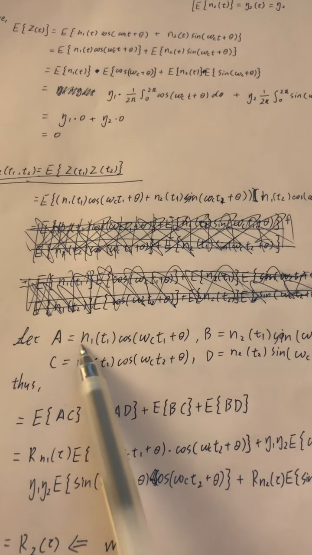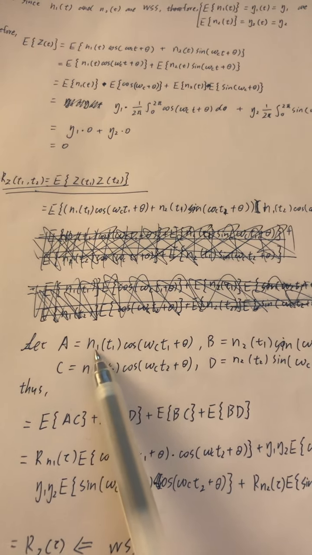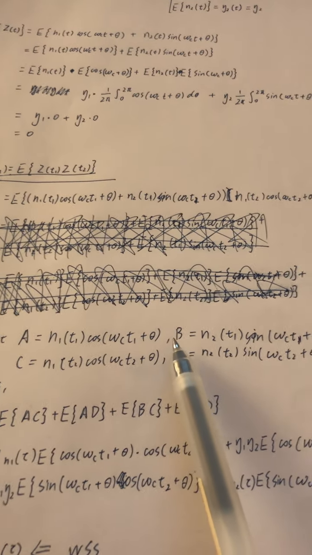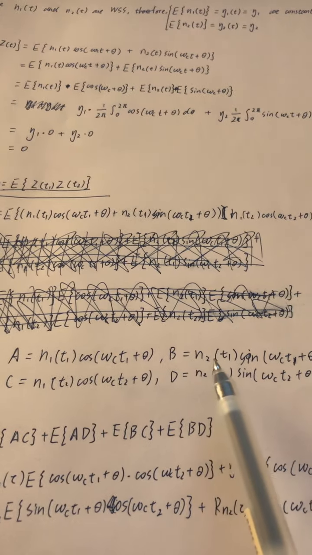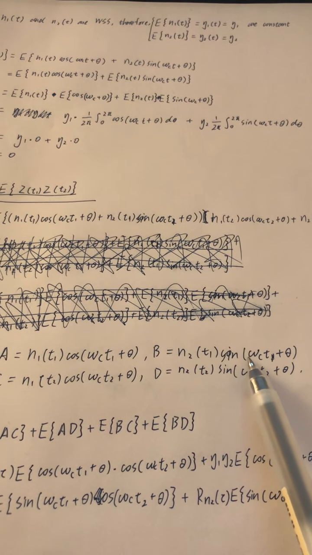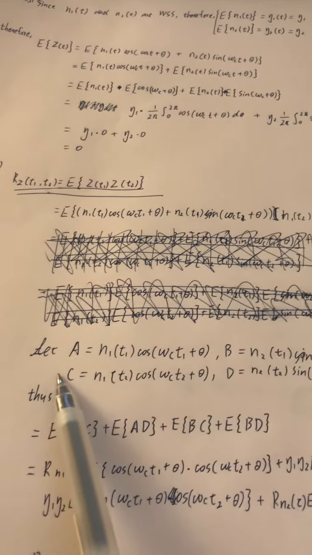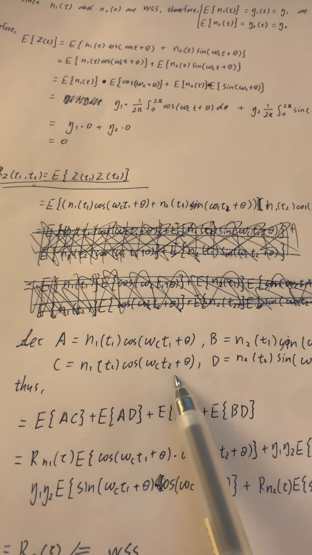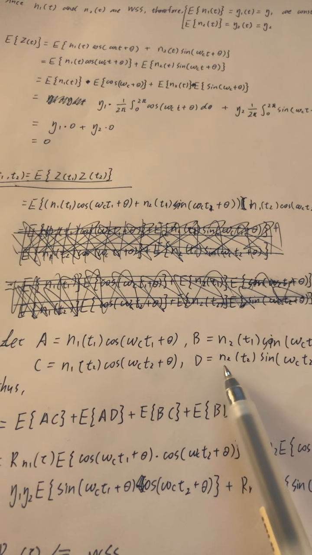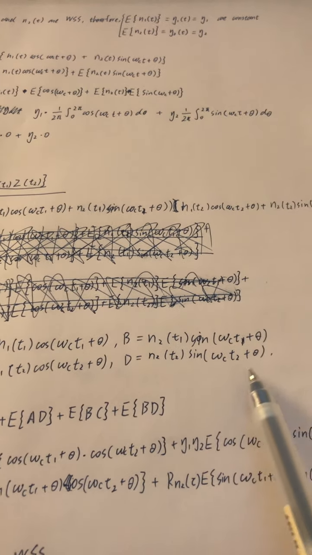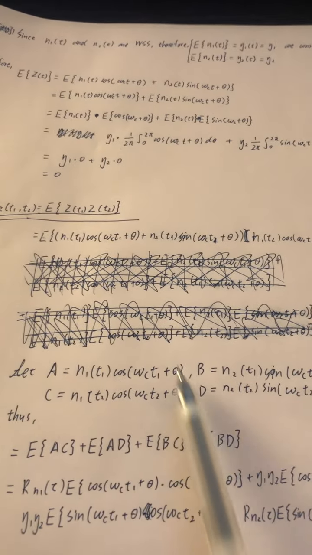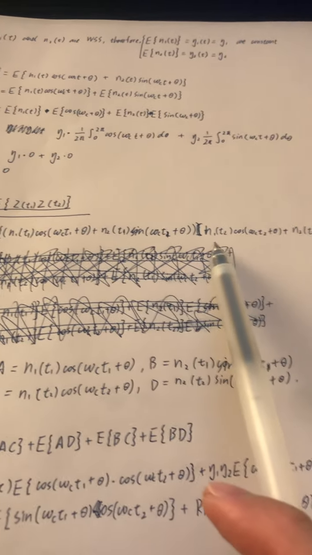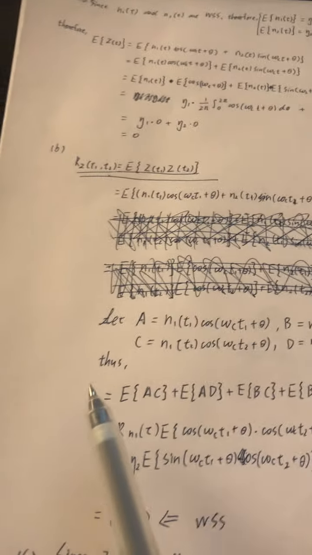I let A be equal to N1(t1) cosine(ω_c t1 + θ), B is N2(t1) sine(ω_c t1 + θ), and C is N1(t2) cosine(ω_c t2 + θ), and D is N2(t2) sine(ω_c t2 + θ). This part is this one, the B is this one, and here is the C, and here is D, and then we can